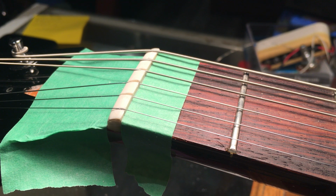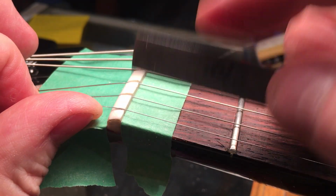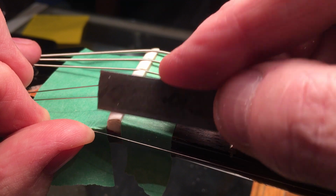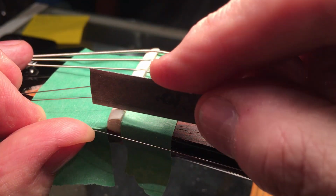So the next step is to cut the slot. Okay, so I will take that out. Now, see, I slipped off because it's actually flush. Anyway,